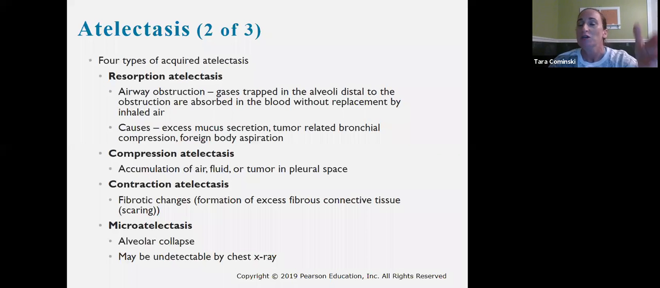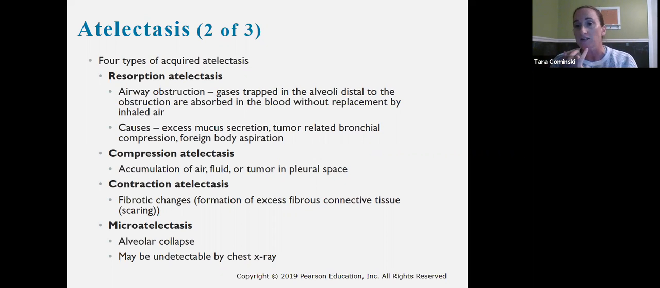Okay, all right. So first one, resorption atelectasis. This is caused by airway obstruction. We just talked about airway obstruction. Basically, you're not going to be able to inhale any more air if there's an obstruction there. Whatever air was behind it in the alveoli, that oxygen can then move into the blood, right? But then there's no way to get any more air in after that